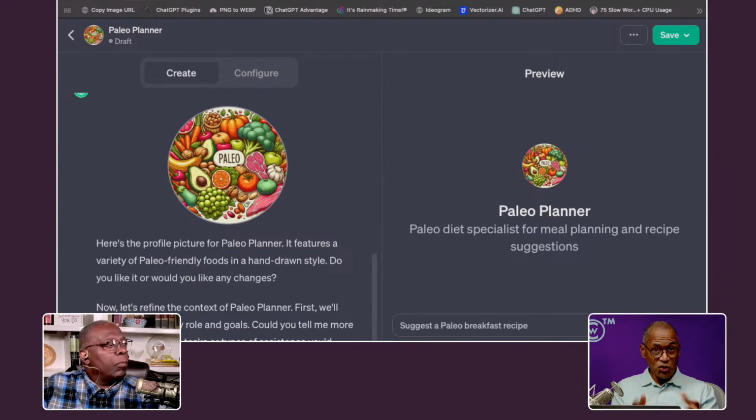Depending on what kind of app you've got, if you're not sure what other things to add, you can actually ask it, what other things would be useful to add to this? Here it's asking questions. Could you tell me more about what specific tasks or type of assistance you'd expect from a paleo diet planner? For instance, do you want it to focus on creating meal plans, suggesting recipes, offering nutritional advice, or something else? And I'd say, yeah, those three are fine. So